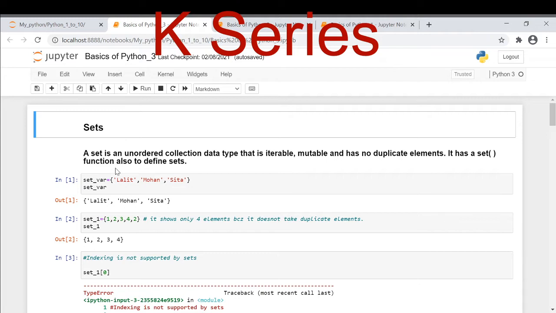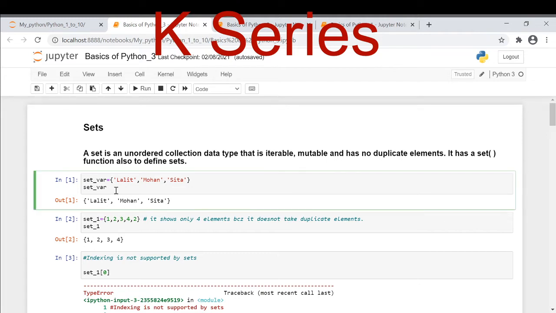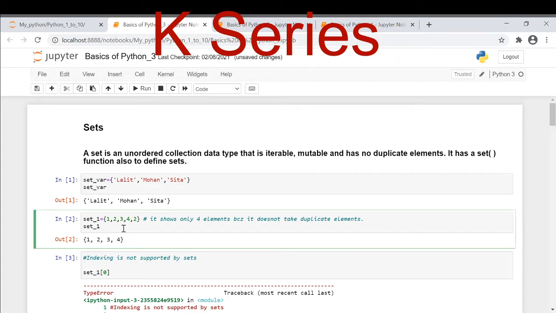It also has a set function to define sets. See here in my example, I have taken a set, and always remember when you are using sets, you must give them in curly braces. See here, I have taken three items: Lalit, Mohan, Sita. Again I have taken 1 2 3 4, and I have taken 2 once more.